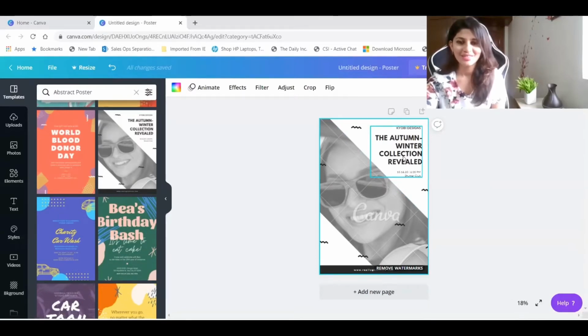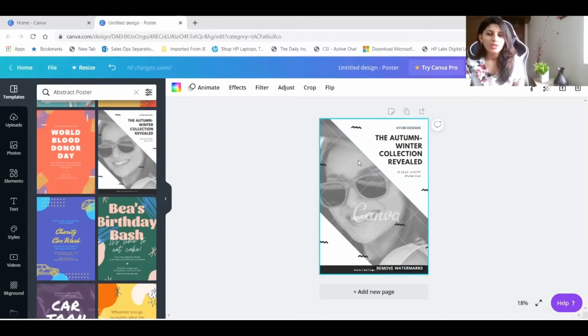Yeah. So if you hover on this poster, you would see that these are built based on different elements, and if you hover around, each of these elements can be edited or modified or deleted. Yeah, so the first thing I would want to do is remove the picture and include my picture over here. Okay, so how can I do that?